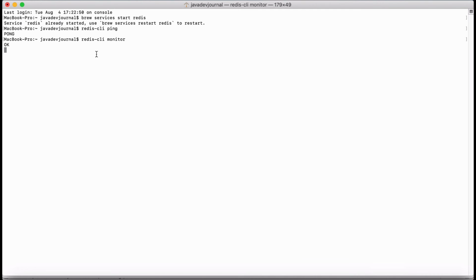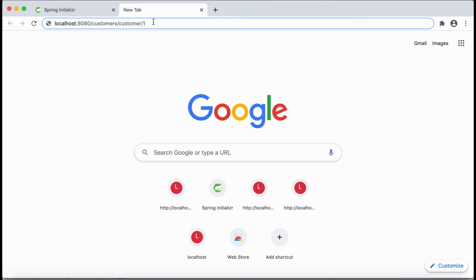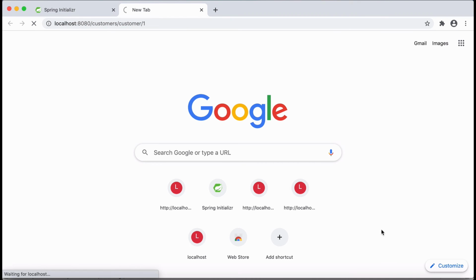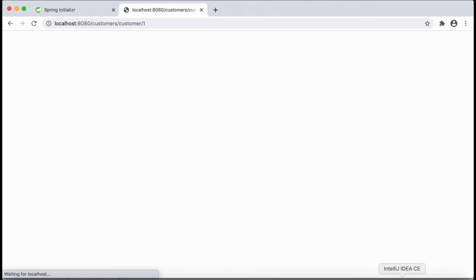So my application started. At the same time, I'm using this command, redis-cli monitor. If there is any activity going on in my Redis server, it's going to give you that information.